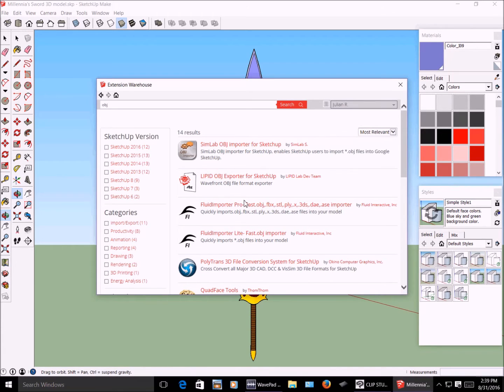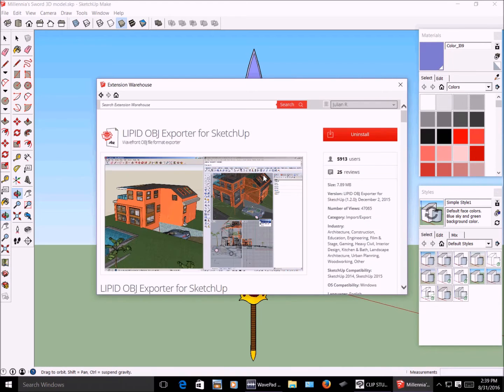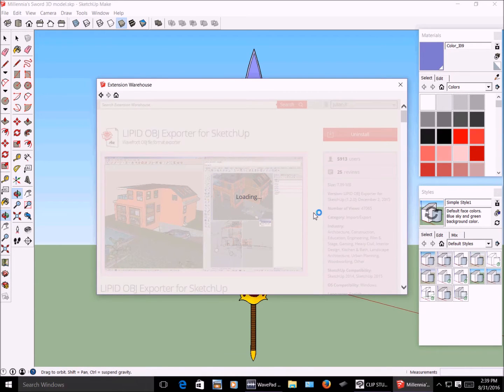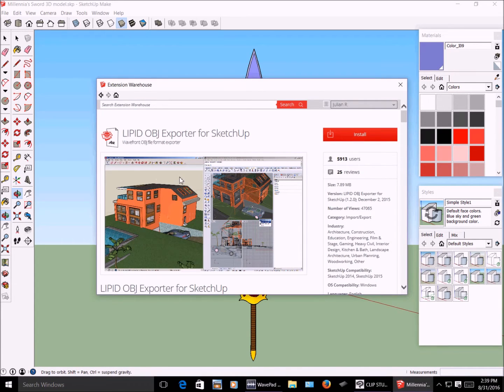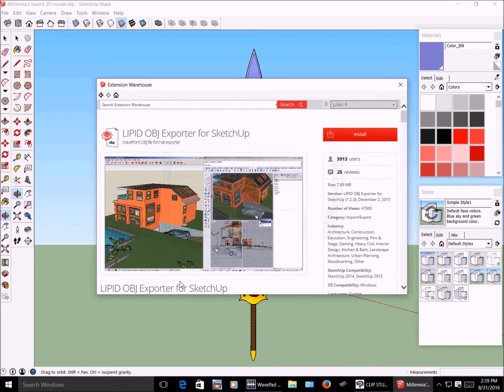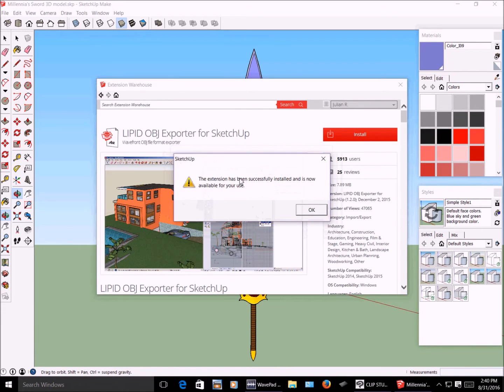I picked this one because I was trying all the other ones, and this one you can just get for free. You just click onto it. As you can see, it's already installed, because if I were to press it now, it would actually uninstall it. In fact, let's see if I can just do it real quick for you. There. Let's install it. I'll press it. I want to install the extension. And now the extension has been added into Google SketchUp for me.